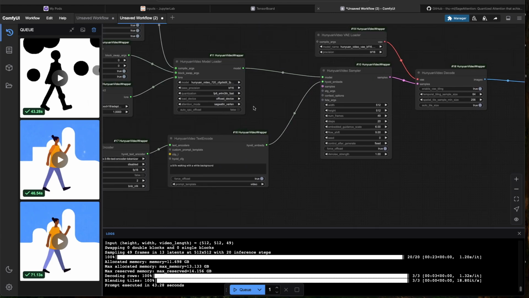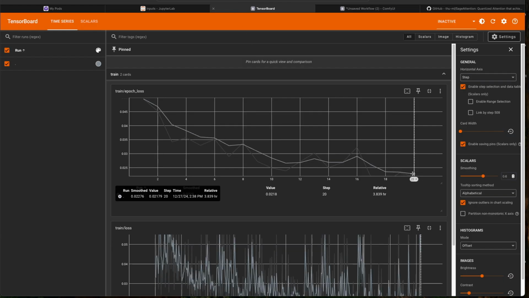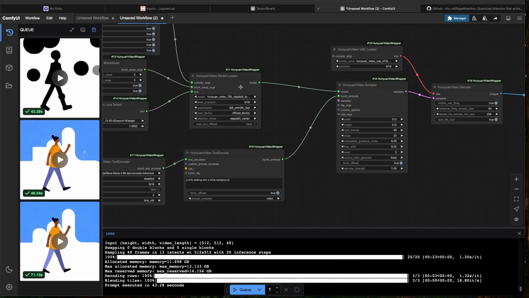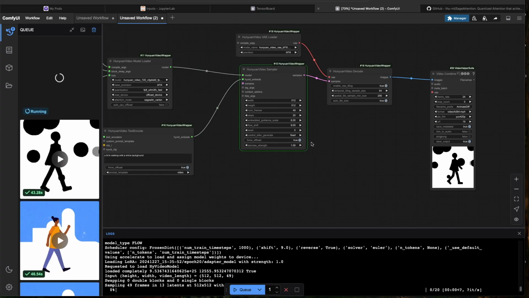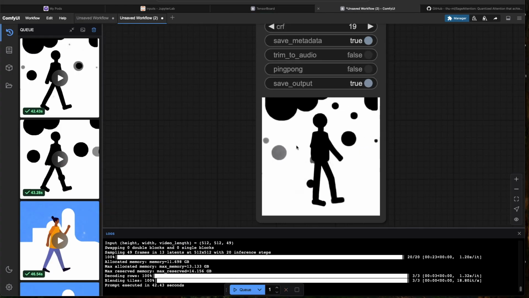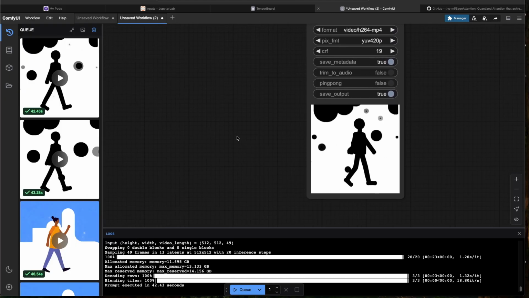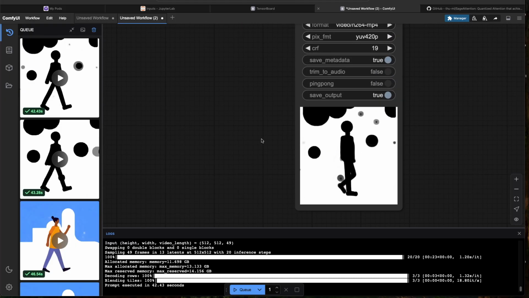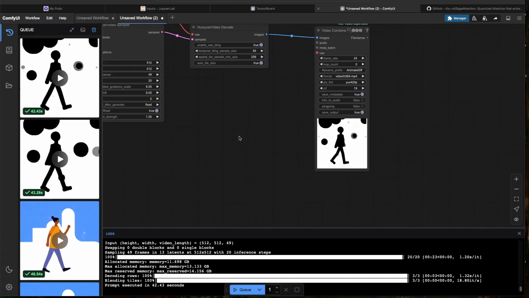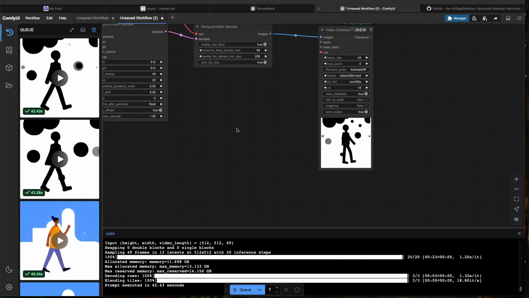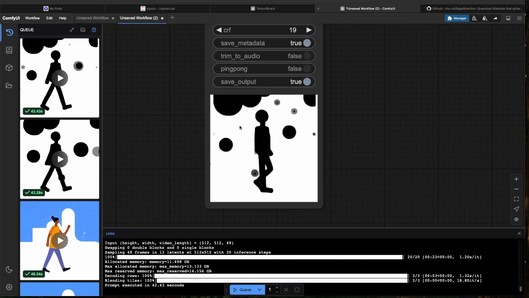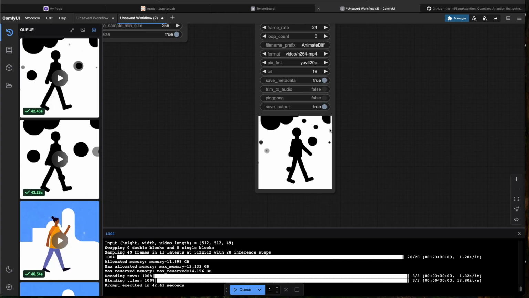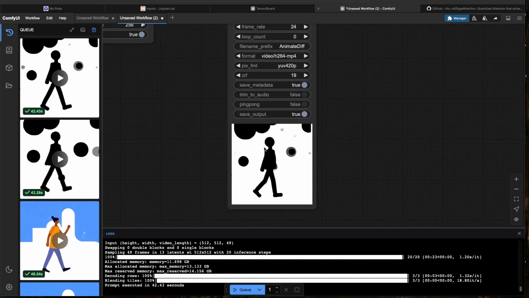So let's just take a look at the last one. 20 here on our Tensorboard is also pretty low. We may get an even better result than we got with 18. Okay, so both 18 and 20 are pretty good. Maybe if I had trained it for another 2 hours or gotten another 10 to 20 more epochs, so 30 or 40 epochs, I could get even closer to the style that I was drawing with. But for 4 hours of training, this is pretty impressive